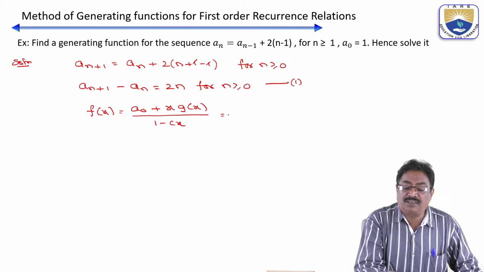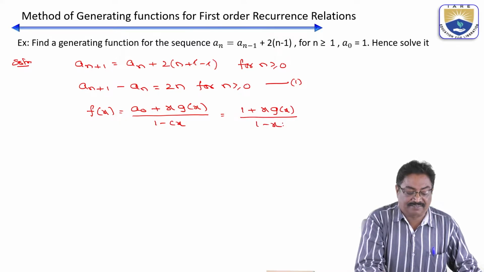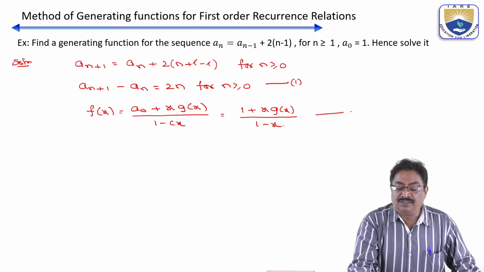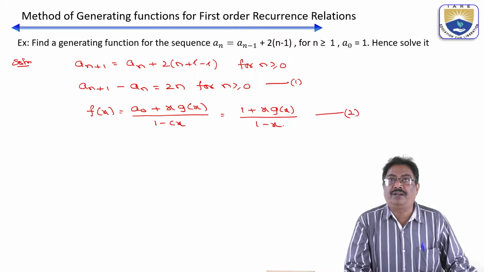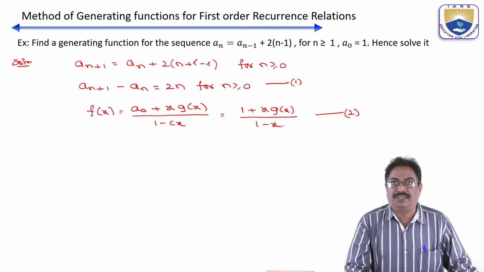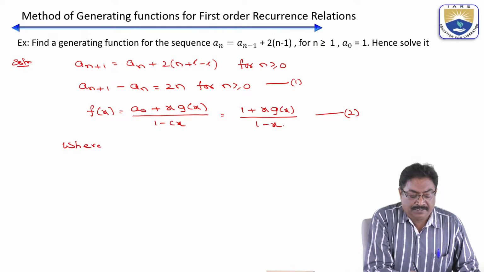So a naught is equals to 1. So it is 1 plus x g of x by 1 minus x. So this is the generating function. Now we are going to calculate what is g of x. After that, we are going to substitute and express. So where g of x is equals to,